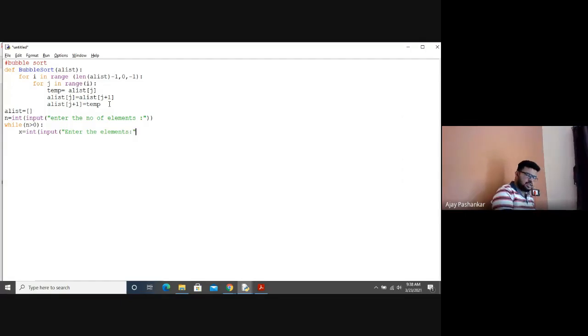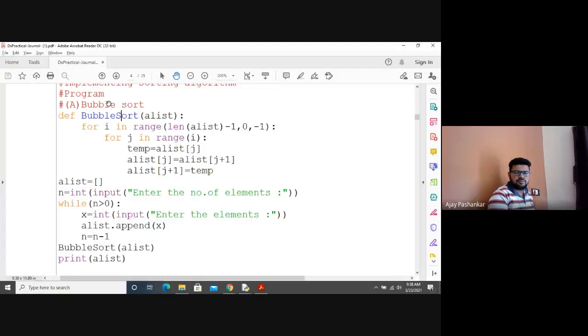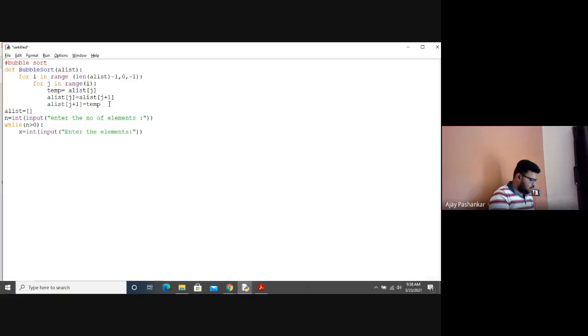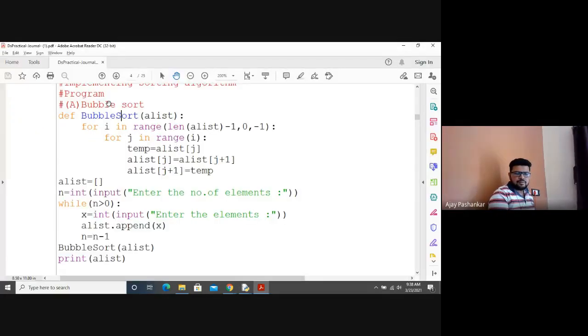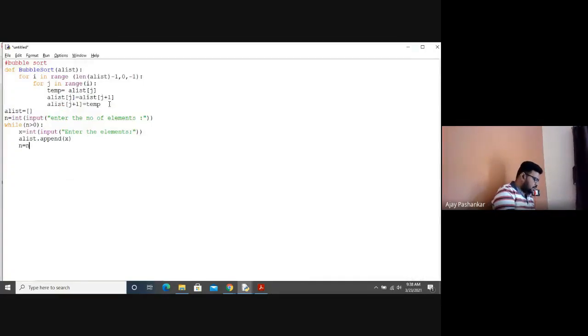Enter the elements, just prompting the user to enter few elements. So what we have to do is we have to append, a list dot append into bracket x, will be added equal to n minus 1.